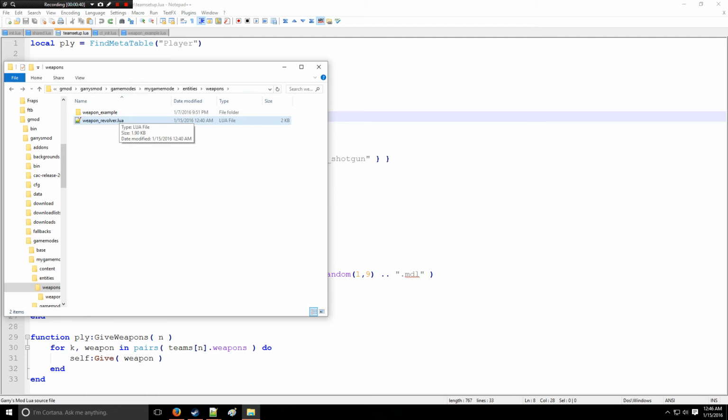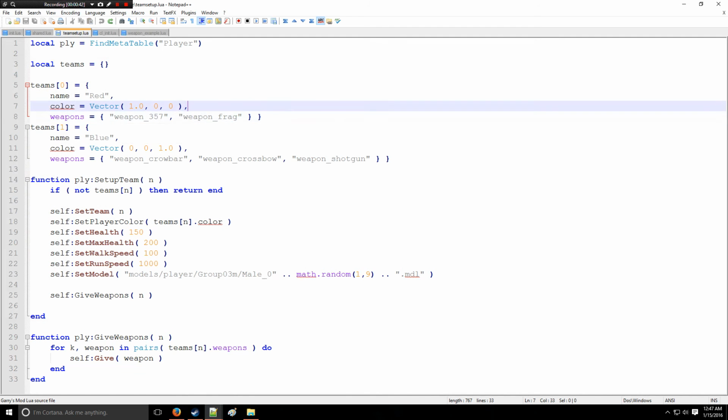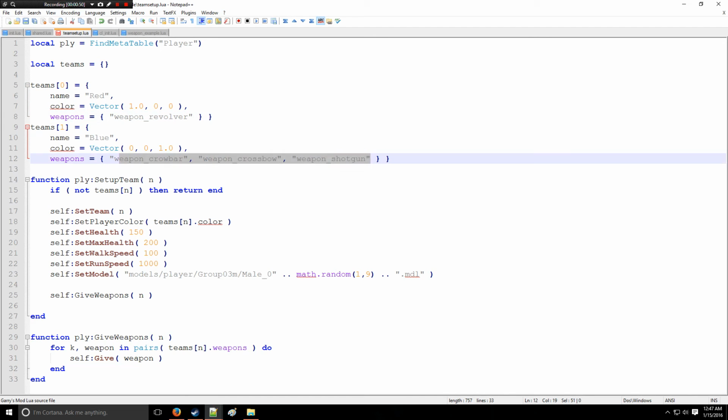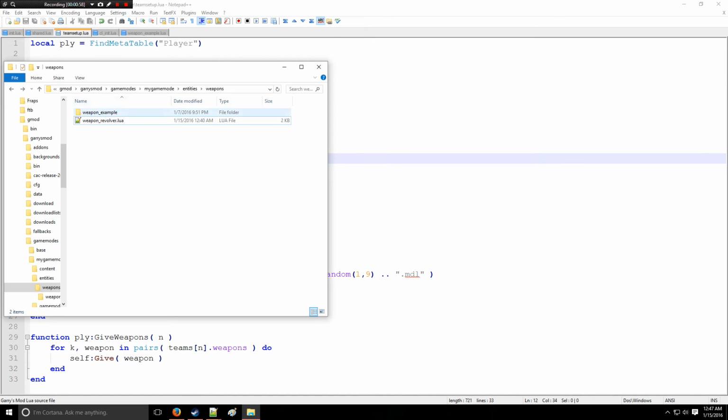So we're going to take the name of this Lua file, which is weapon revolver, and we're going to put it right here, so revolver. And then get rid of this, and revolver. Alright, so now just save that, and I'm going to go start the